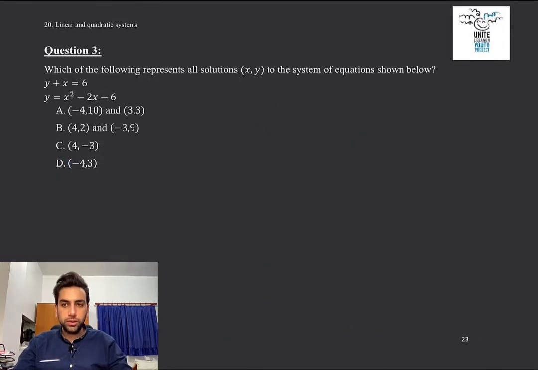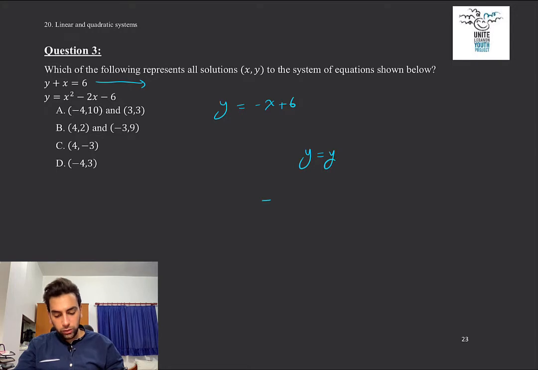Let's solve now question number 3. Which of the following represents all solutions (x, y) to the system of equations shown below? Take this first equation and write it as y equals -x plus 6. Now take both equations and write y equals y. You will get -x plus 6 is equal to x squared minus 2x minus 6. Taking everything to one side, you will get x squared minus x minus 12 is equal to 0, which can